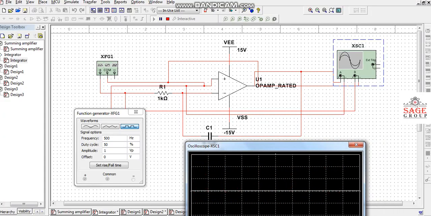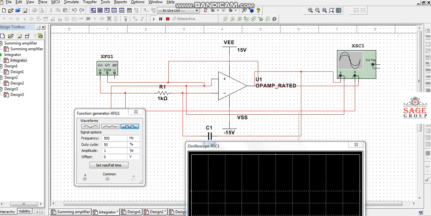See here we are giving the input, and channel A is used. See, this is the connection of channel A. Channel A we have connected to the output terminal.